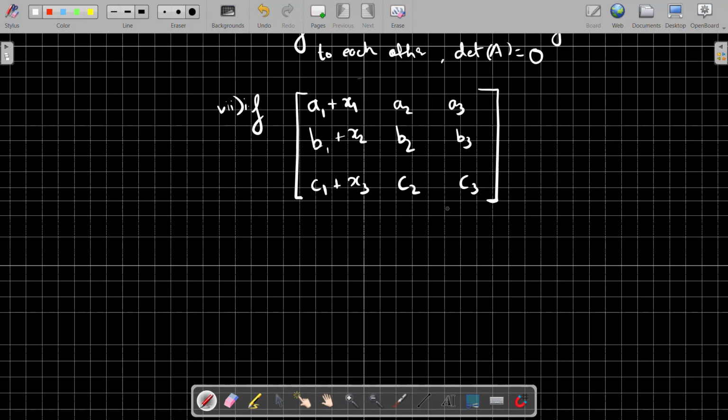If our matrix can be written in this form, then